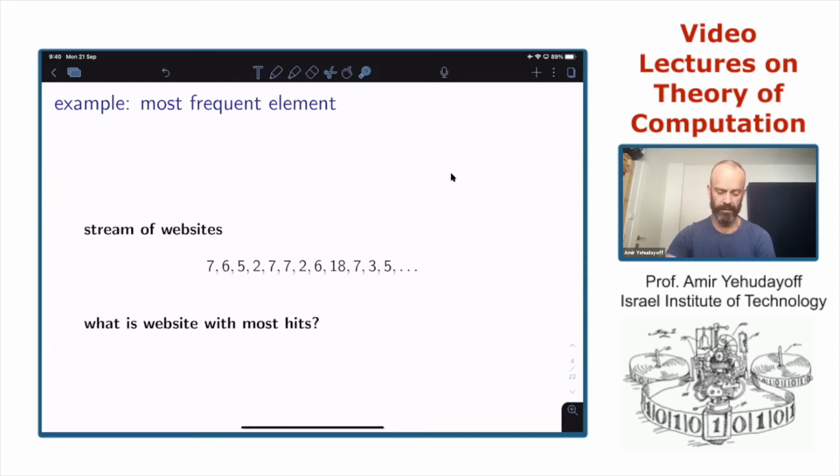So in this case, from a quick look, it looks like 7 is the most frequent. So it's maybe a little bit easier to solve, at least in the example when you look at it. And maybe later on you can think about ways to make this formal. In what sense is this problem easier than the previous? Maybe they are not. This is the second example, the most frequent element.